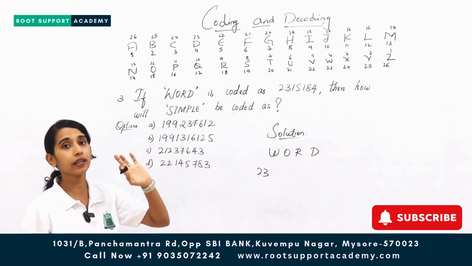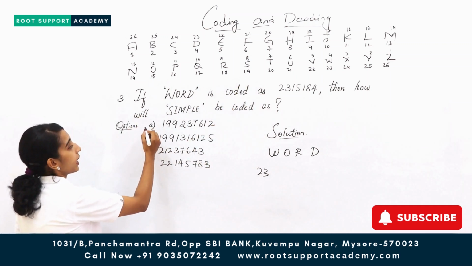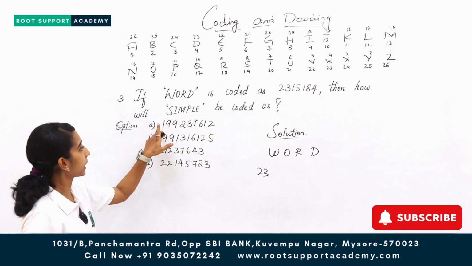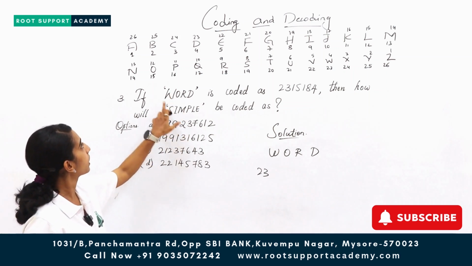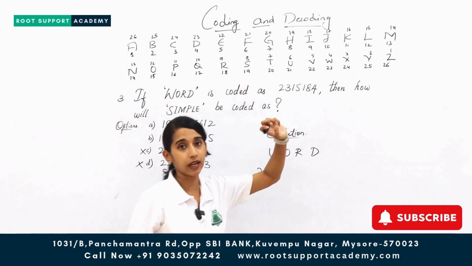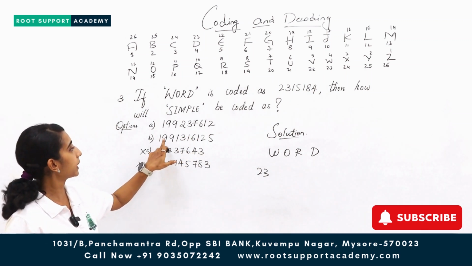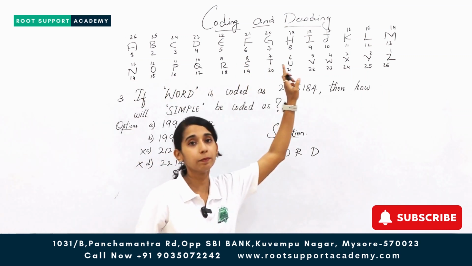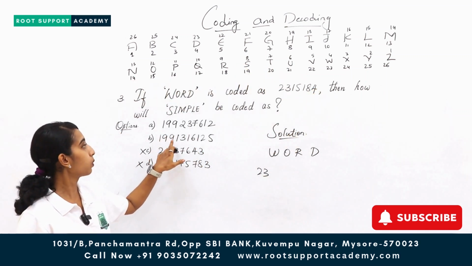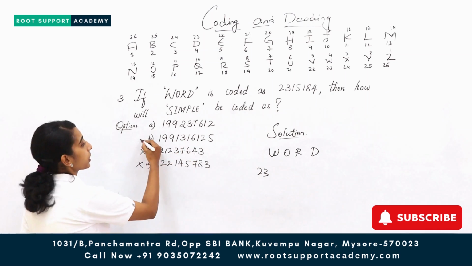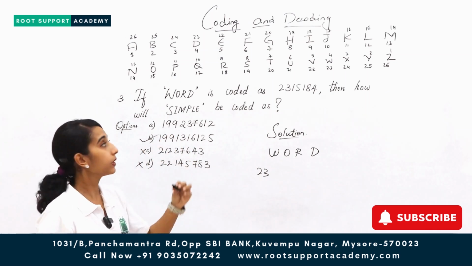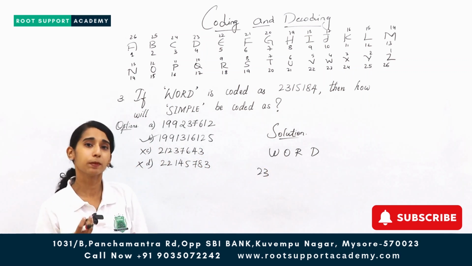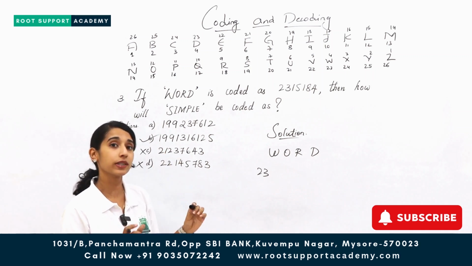So options A and B start with 1, 9, and these two you can easily eliminate. Next, after 19, what do you have? I. I is given as 9. So again you have 19 and then 9. Next, what do you have? M. What is the number of M? 13. So 19, 9 and 13. So option B is your correct answer. Wherever the alphabet is there, the exact number is given as it is. So this is the simplest way of representing using numbers.